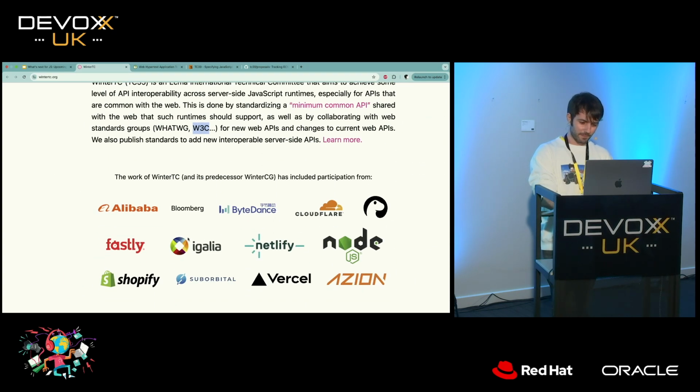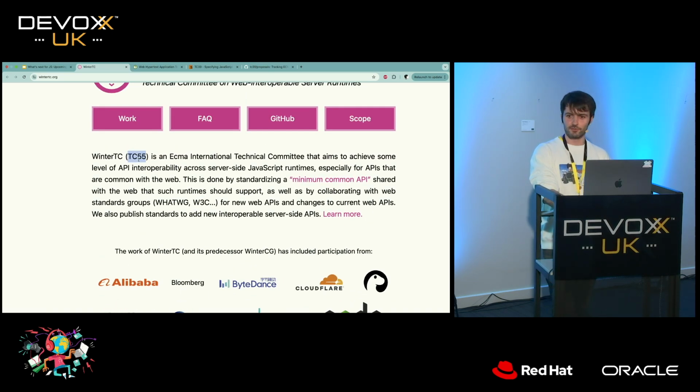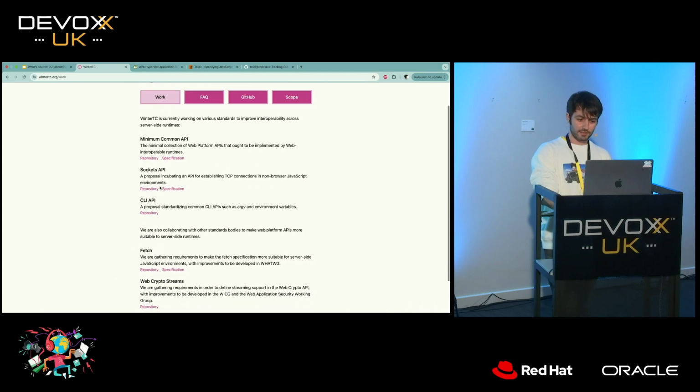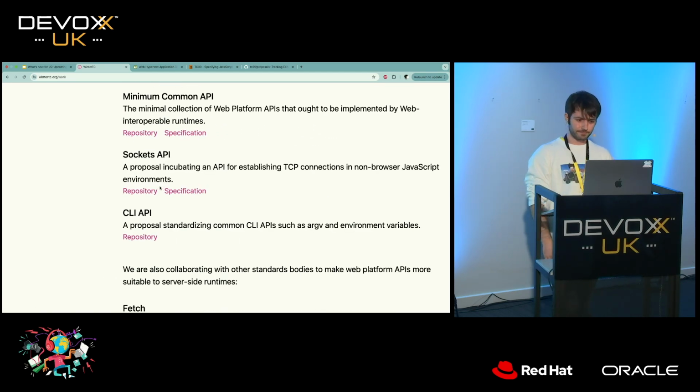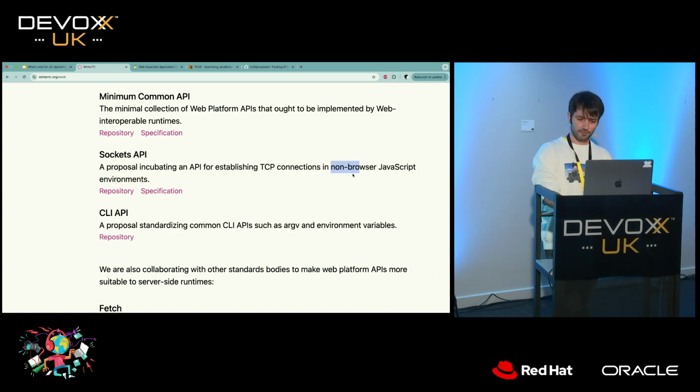So all the investors were not very happy, so they decided to move to ECMA International. Now it's part of, same as we have TC39, since January this year we also have TC55, that is WinterTC. And they do things like the CLI for JavaScript in the backend, sockets in non-browser environments,